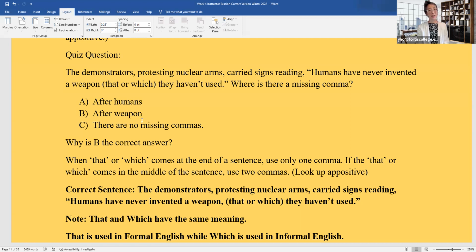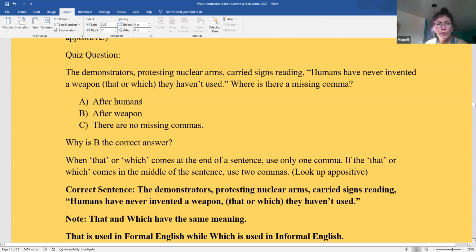Where is there a missing comma? Are there any missing commas? Oh, did someone say the right answer? Yeah, I say after weapon. Yes, after weapon. Because here you have the dependent clause at the end of the sentence, and you use 1